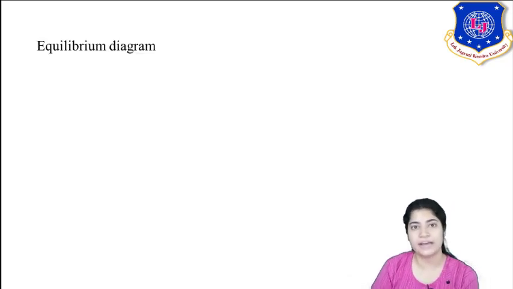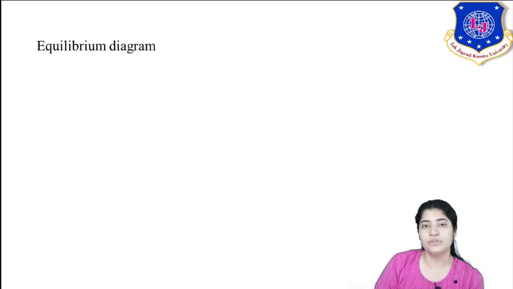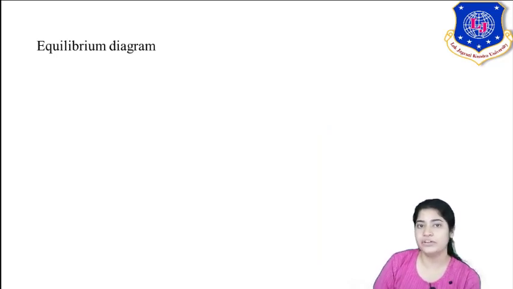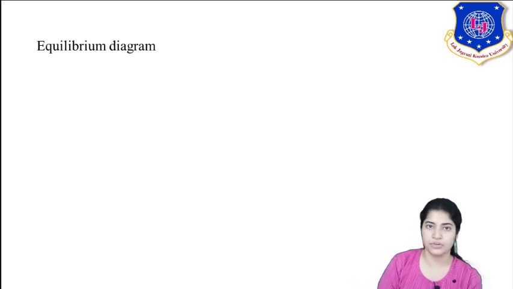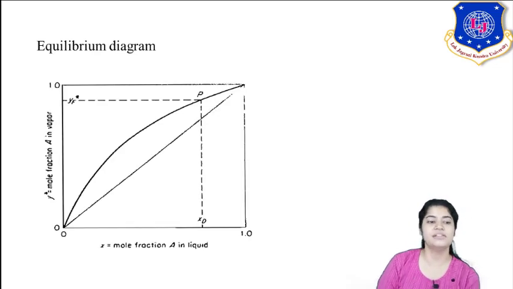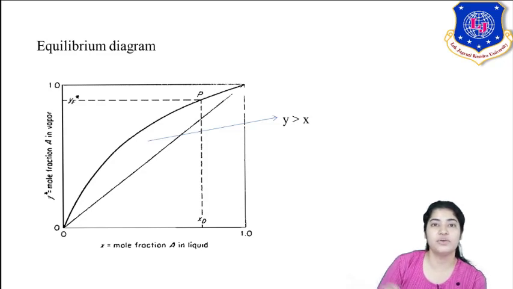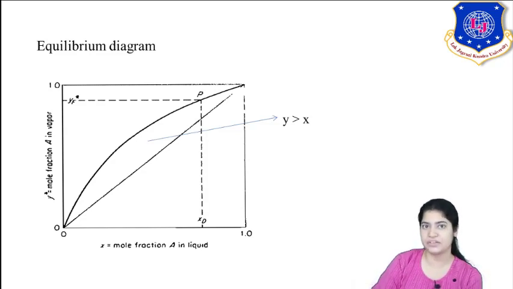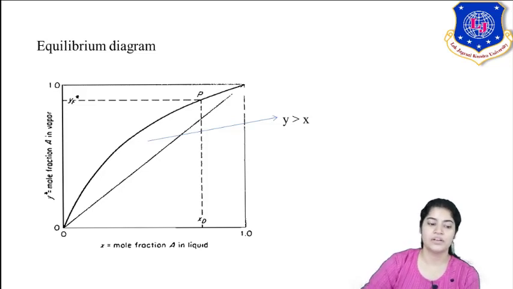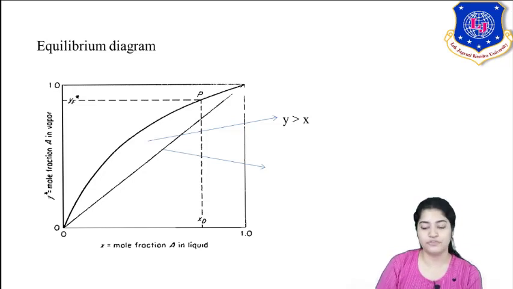Now what is an equilibrium diagram? Earlier I discussed your TXY diagram with temperature and how you get your tie line. Now, how is the equilibrium diagram represented? It is the representation of your liquid phase and vapor phase compositions for the more volatile component. See, this is the equilibrium diagram. Now the space between the diagonal and your equilibrium line is the area where your separation takes place. This is the area which shows that your vapor phase composition is more than the liquid phase composition. Then and only then it shows that separation has taken place. Now this is your diagonal at 45 degrees.